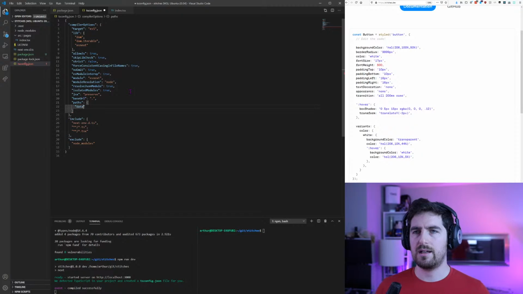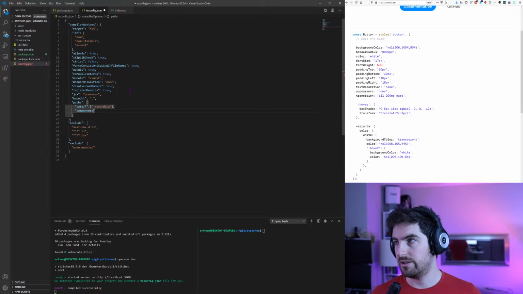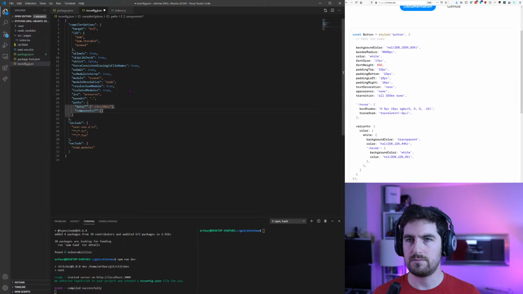But what's really interesting is once you use the base URL, you can create paths in Next, which means you can have a data store kind of, and you can call it this way, data, whatever is going to be. So it's an array, and then you give it the path that you want. So for instance, data. But the most important one for me is really components, because I really hate having those dot slash where you go up and down and you don't know where you are. So I always like to have those here. This guy is going to be source, if I manage to type it,